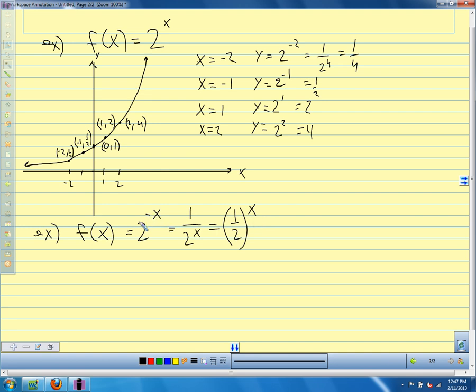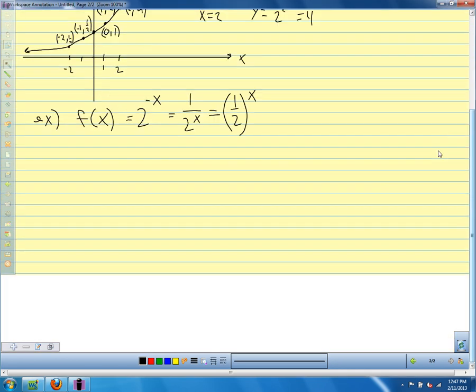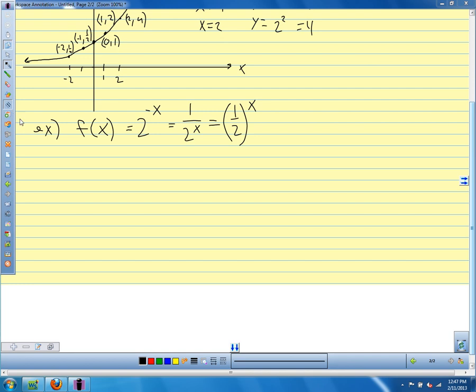So 2 to the negative x is the same as 1/2 to the x. So our base here is 1/2, our base is between 0 and 1. So we're going to have a decreasing function. So the graph for this one is going to look like